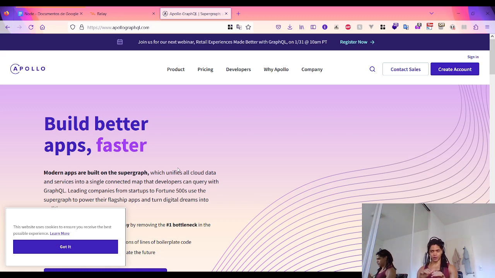So then I looked at how I can create a GraphQL server from scratch, okay, at least to